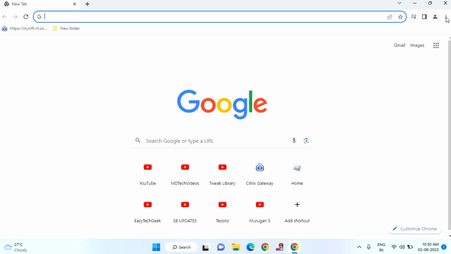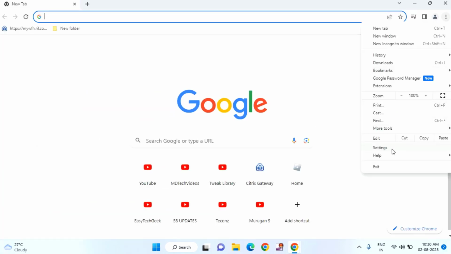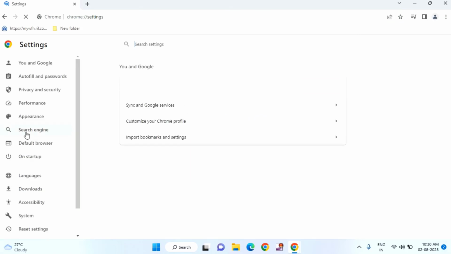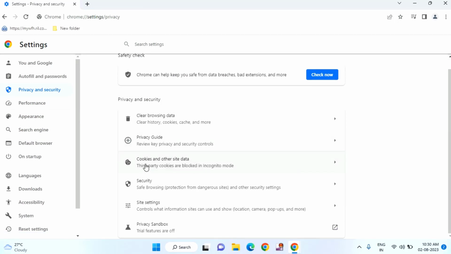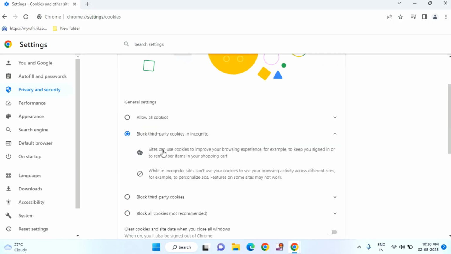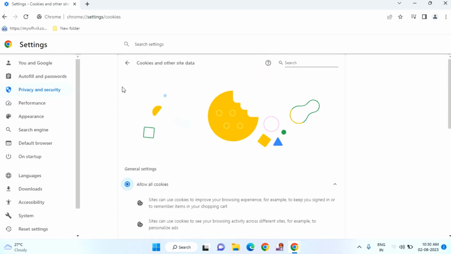In this, you need to just click on these three dots, click on settings. After that, you can see Privacy and security. You just need to click on that. After that, you can see Cookies and other site data. Just click on this. In this, you need to select Allow all cookies. After that, go back,